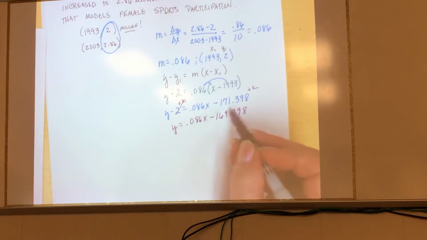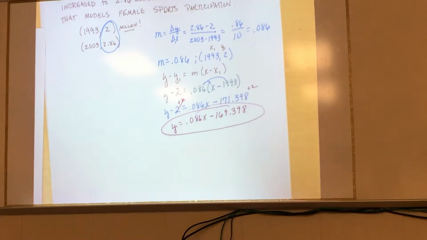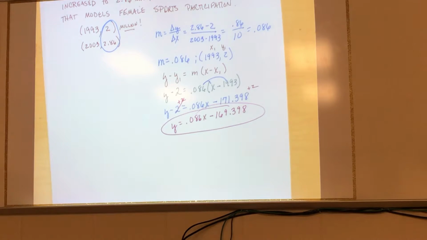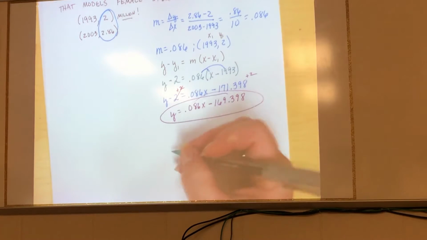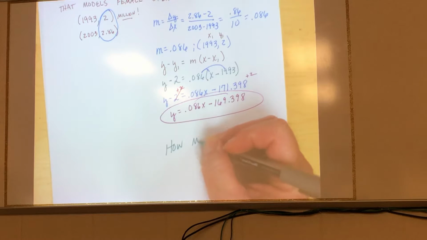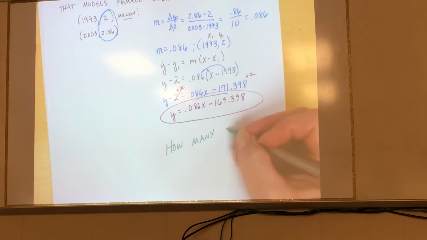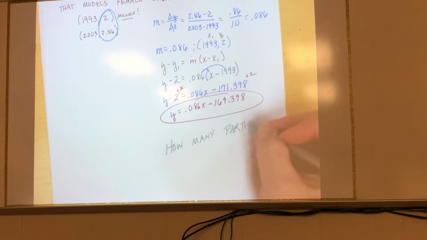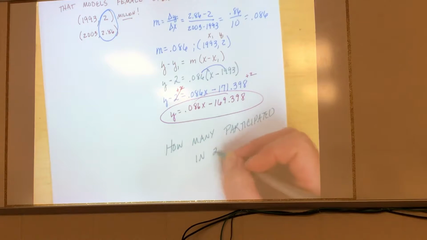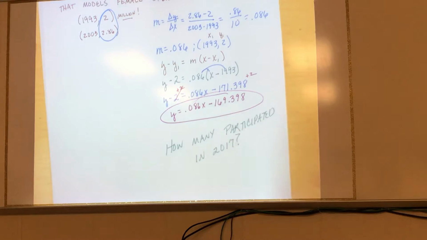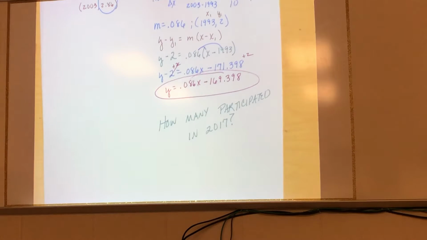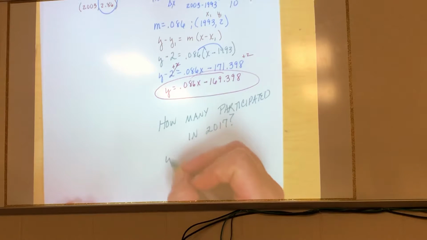All right, so this is my equation. This is what they asked me to do. Okay? Now, let's see if you can use that information. How many participated in 2017? What are you going to do? Plug it into y equals. So y is equal to